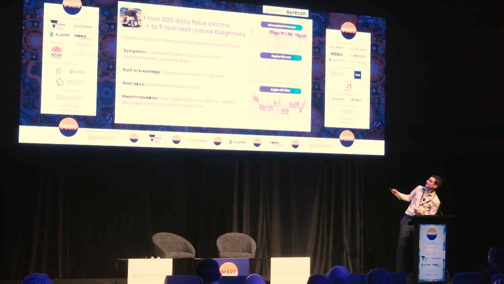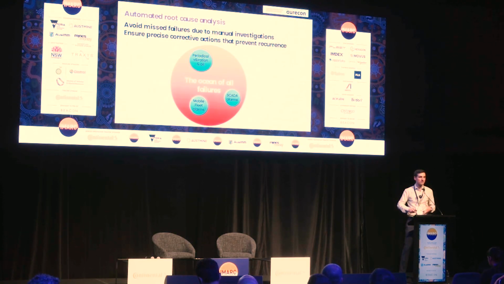So you can see how dozens and dozens of false alarms that would literally mislead the team to go to the oil system became a single diagnosis of a real root cause, and once they fix it, all of these would just be gone. So now I'm starting to cover my puzzle, and the first piece is automated root cause analysis. Don't give me thousands of alarms or false alarms per day. Give me 5 real deteriorations. Give me the root cause and the actions so that when I do them, I would not see that failure, not only now but also in the future. I would not have any recurrence of that failure.